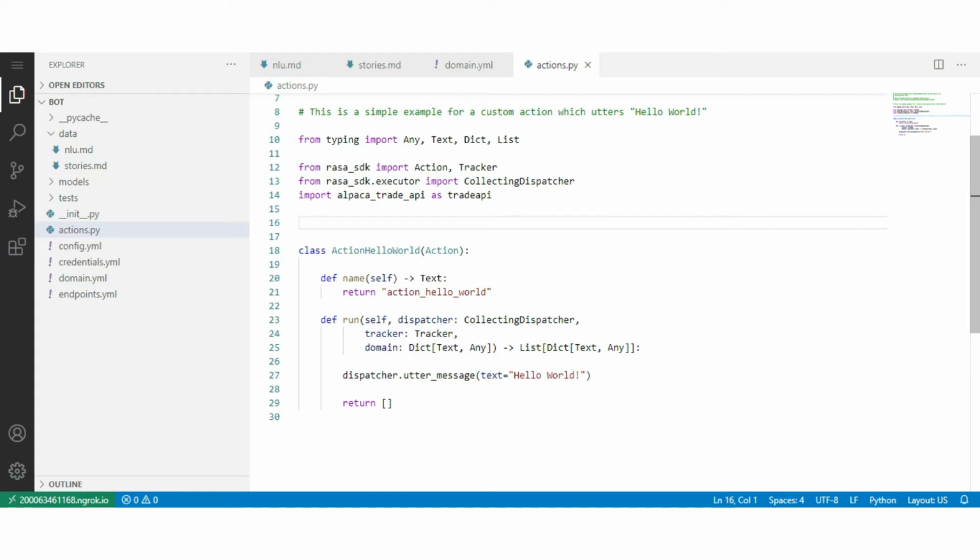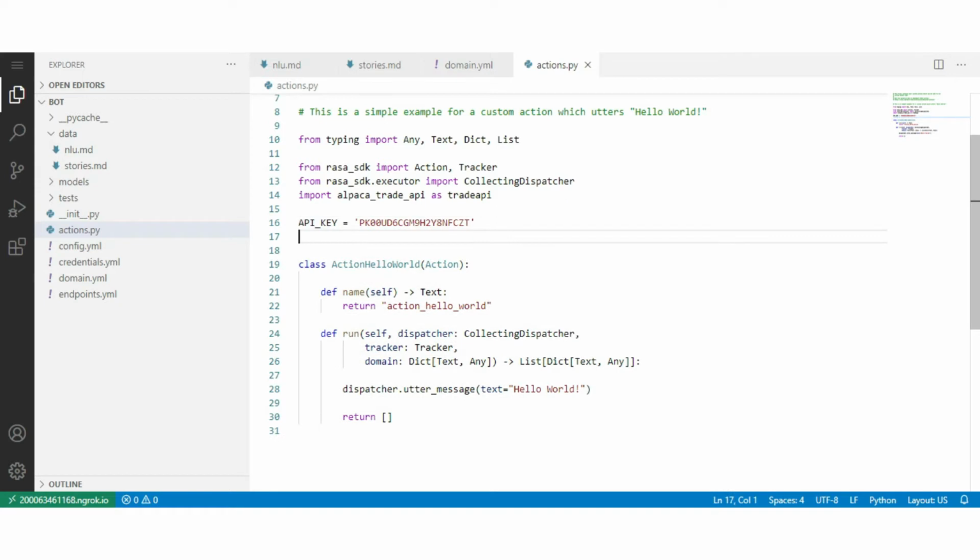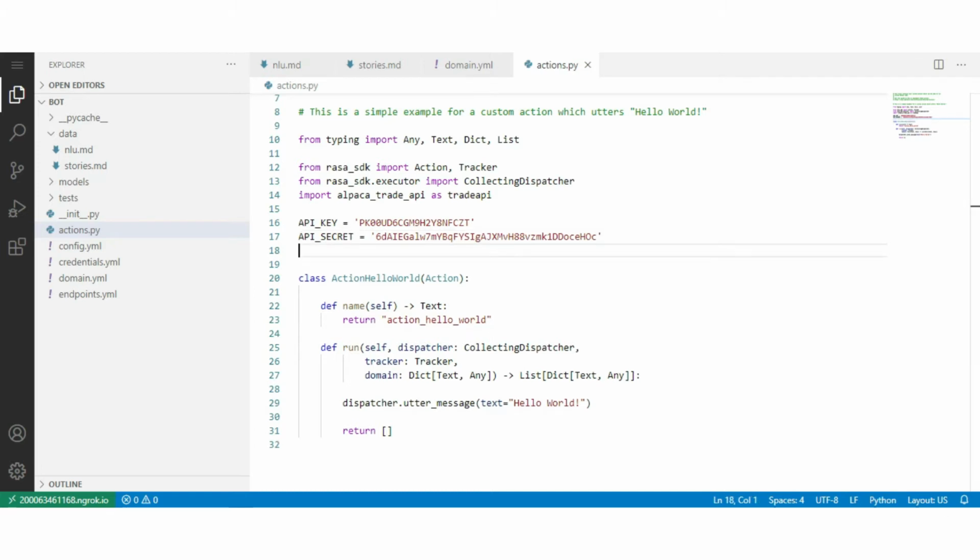For that, type. After that, create the API call, type.